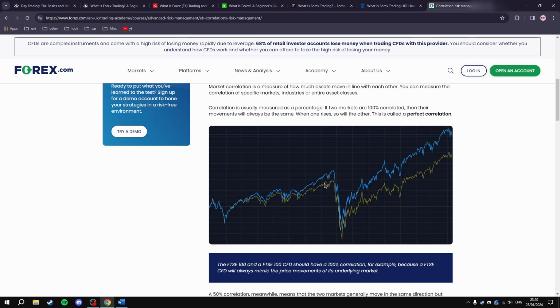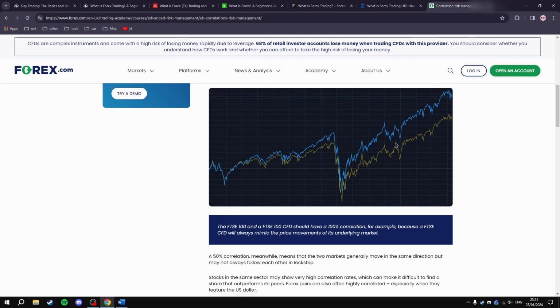When blue goes down, the yellow goes down; when blue goes up, the yellow goes up. The yellow pretty much mirrors how the blue is moving. So the FTSE 100 and a FTSE 100 CFD should have a 100% correlation, for example,